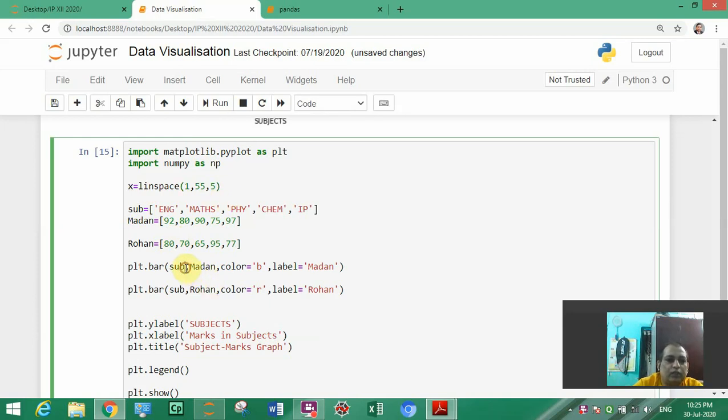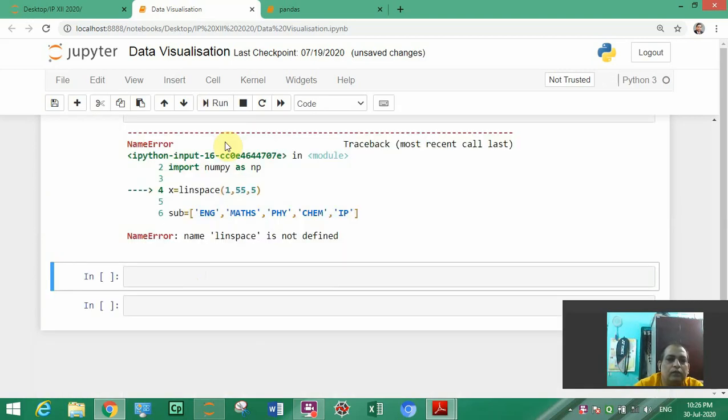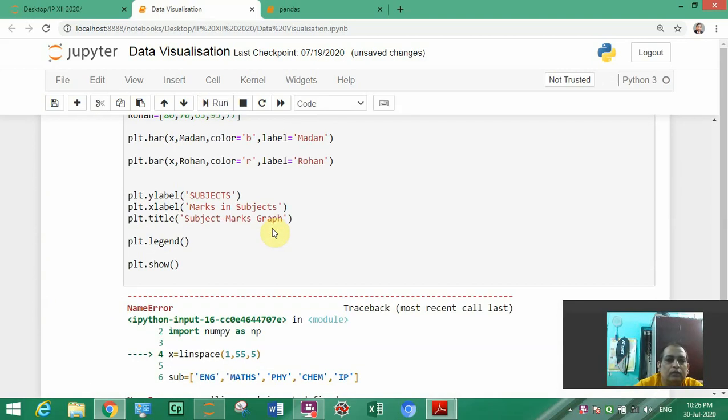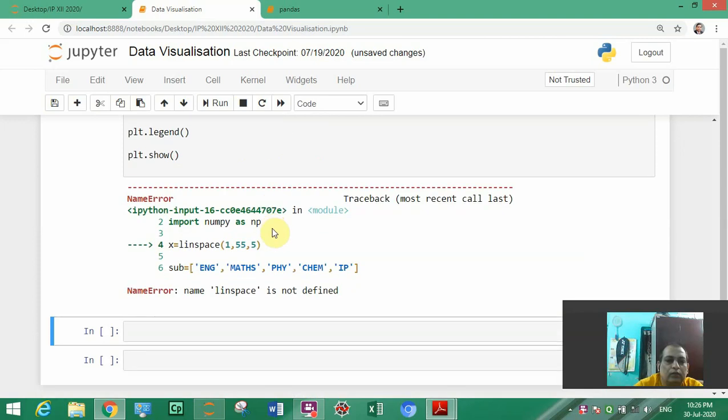And here instead of subject if we write x, then what will come? Error: name linspace is not defined.